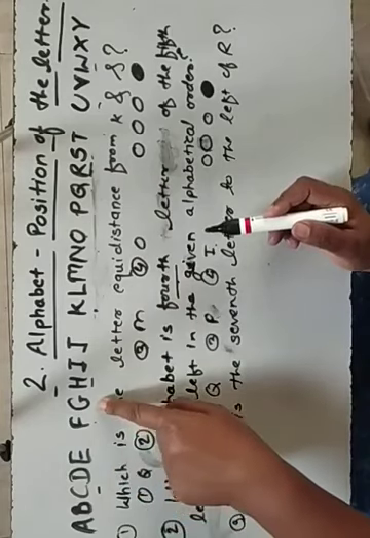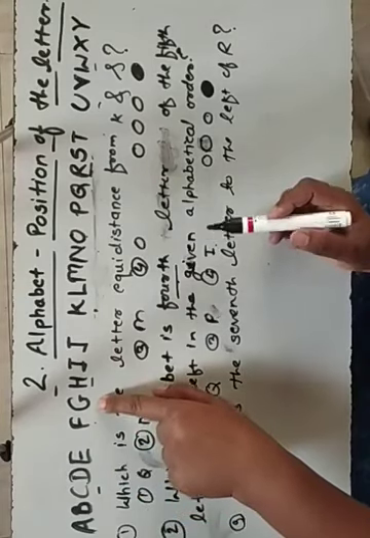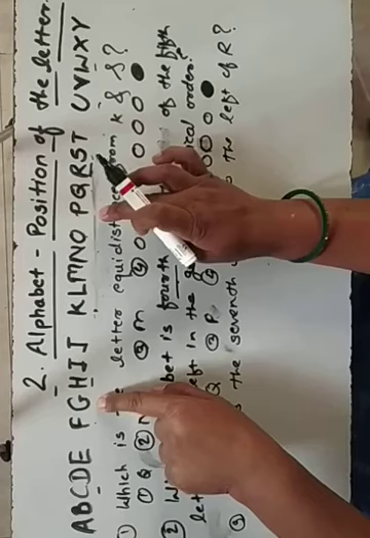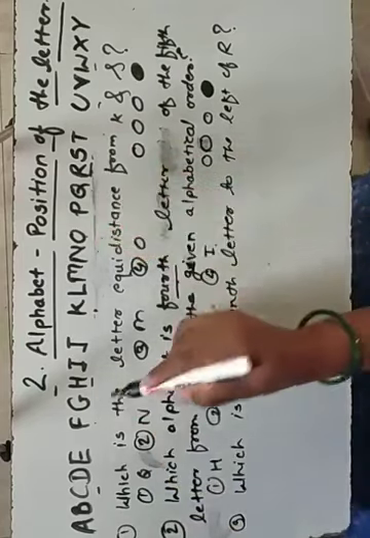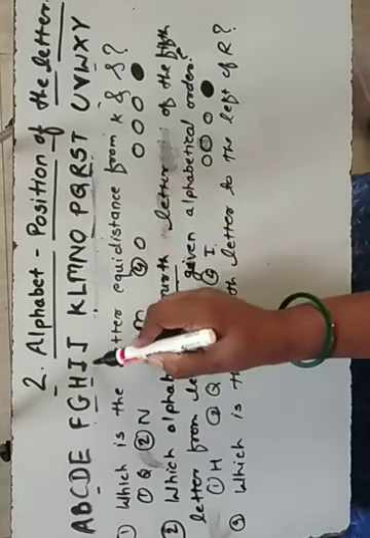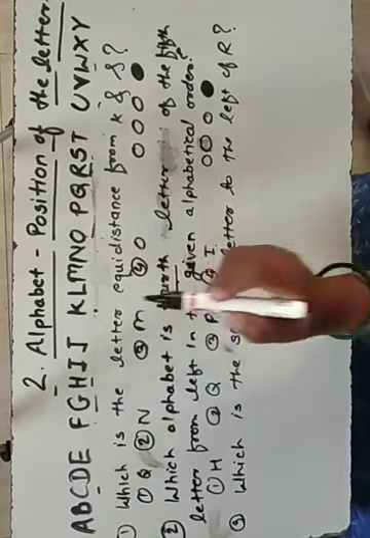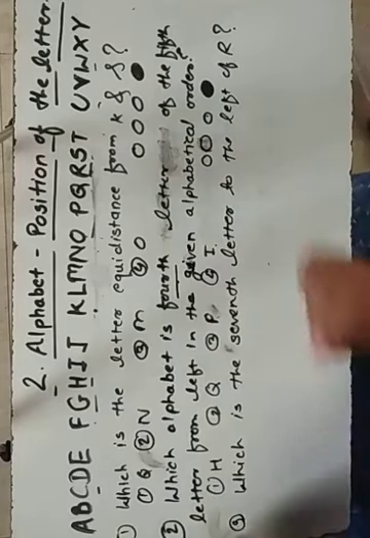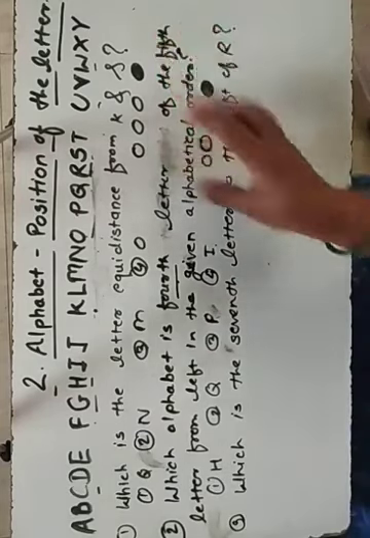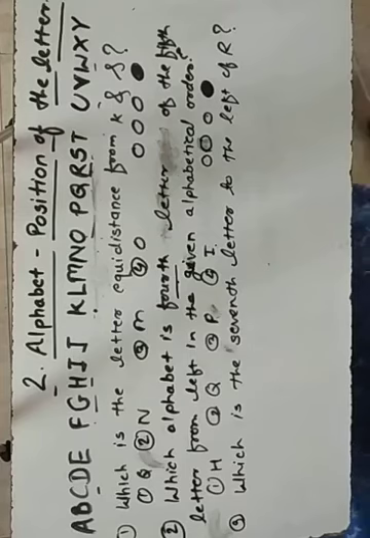Suppose which letter is equidistant from G and O. So at that time what do we have to find out? G and O. So 1, 2, 3. 1, 2, 3, leave, K will be the answer. So these types of questions will come in your exam for solving. Again we will see some more questions. For 5th standard, these easy questions will